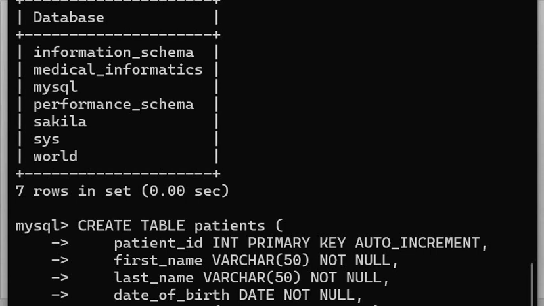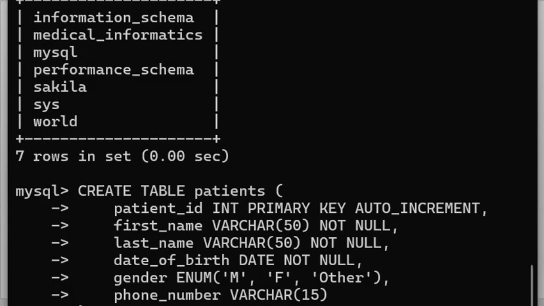Use medical. Just copy this. Use medical. Paste it. I have changed the database. Then when we've changed, we then run this command again